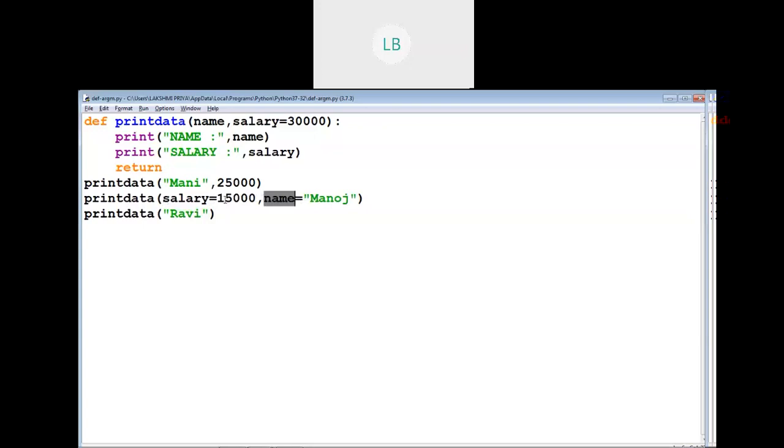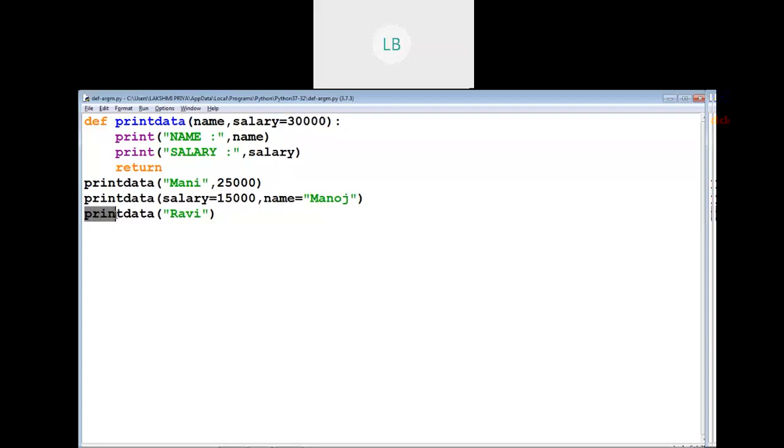So I have given this in improper order. So for the second function call statement, your output will be name Manoj and salary 15,000, ignoring the default value. In these two call statements, we are passing two arguments. So the default value will be ignored.